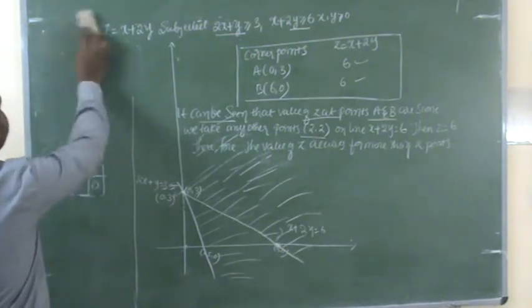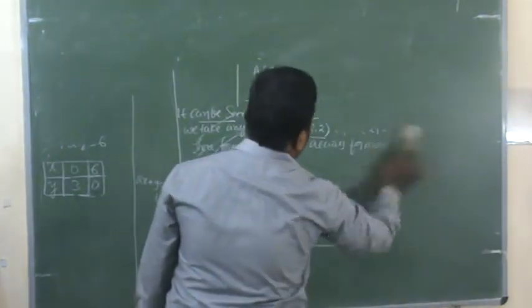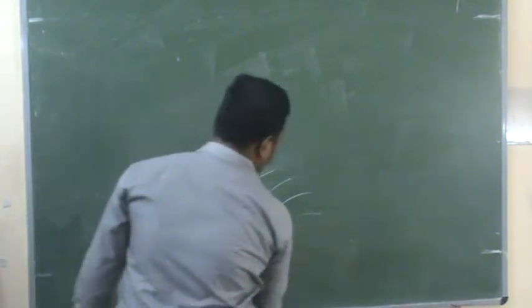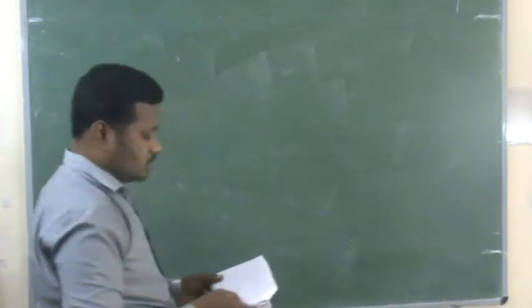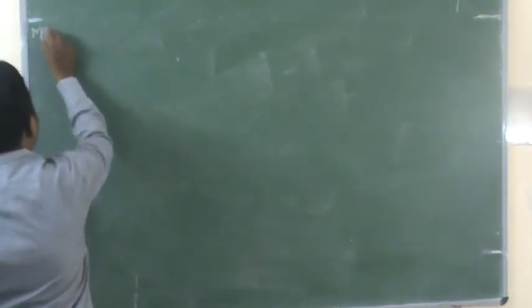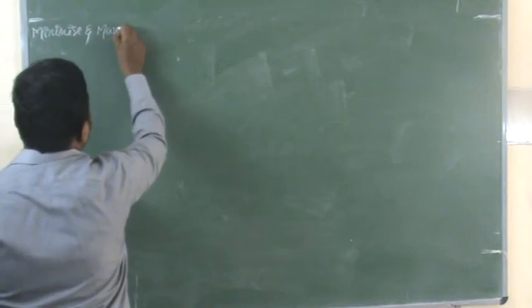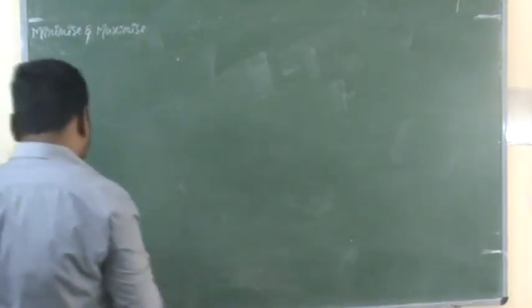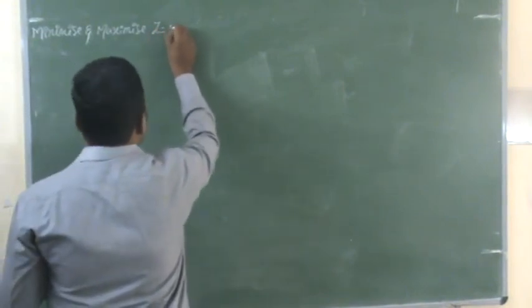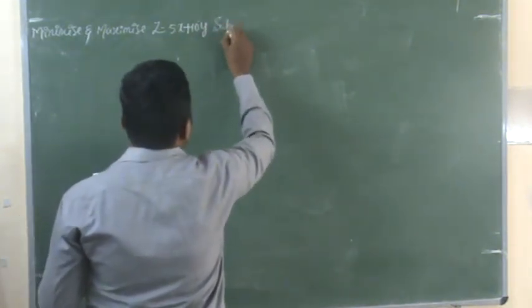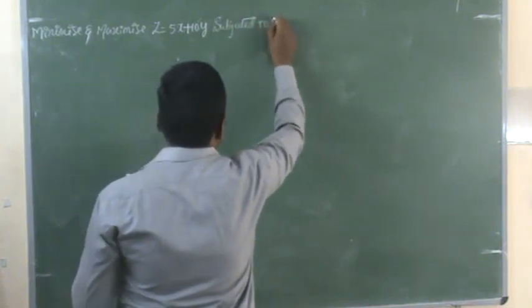Next problem. Minimize and maximize. Z is equal to 5x plus 10y subject to the constraints